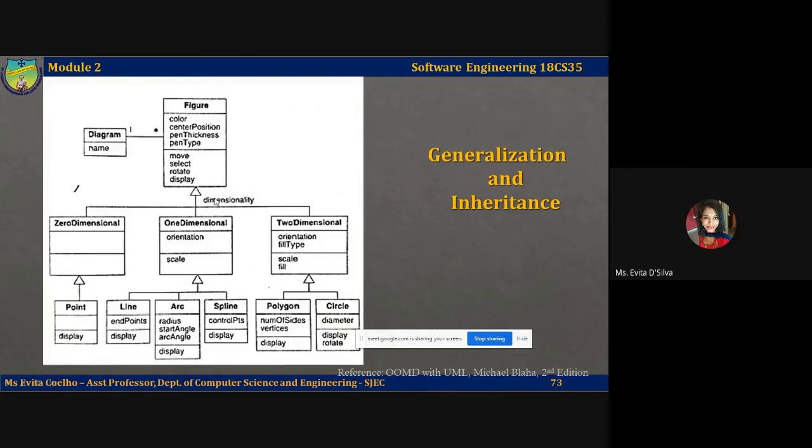So here you can see the dimensionality notation, this term is called a generalization set name. A generalization set name is nothing but an enumerated attribute that indicates which aspect of an object is being abstracted. So you can see all these three subclasses talk about dimensions, right? One dimension, zero dimension, two dimension, and so on. When you have such things which are the same, you can just put a generalization set name across this arrow to show that all these subclasses talk about dimensionality. Some kind of abstraction is provided here.